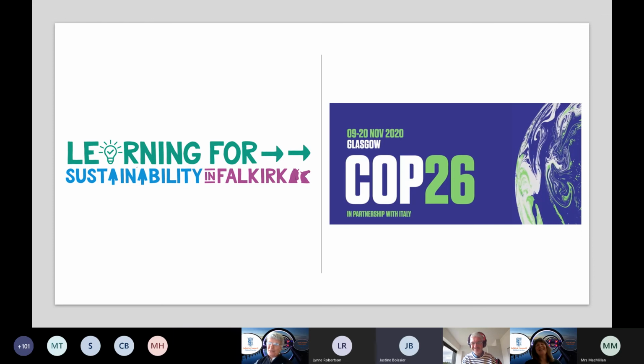So you've seen our framework and you've seen little snippets of some of our plans, and you've seen how our schools are starting to use them. But we're now getting a lot more interest from schools in learning for sustainability because of COP26. So as well as signposting our schools to resources, and there's loads of resources out there, we're trying to make sure that any learning related to COP26 is done within that wider LFS context and using that framework that Yvonne's just described to you, because we really want that curricular change as part of our legacy in Falkirk.